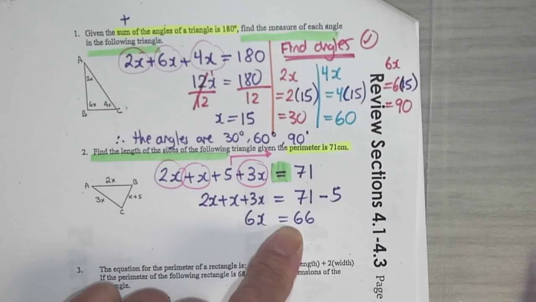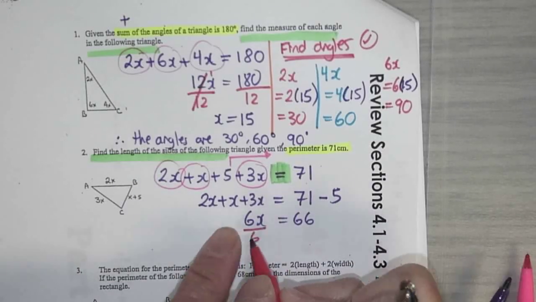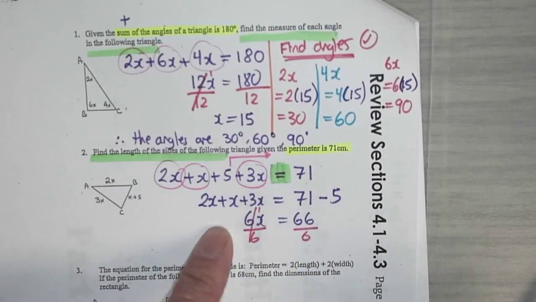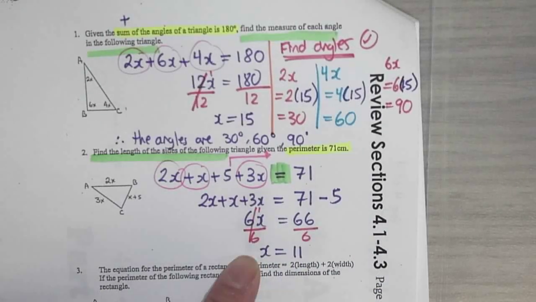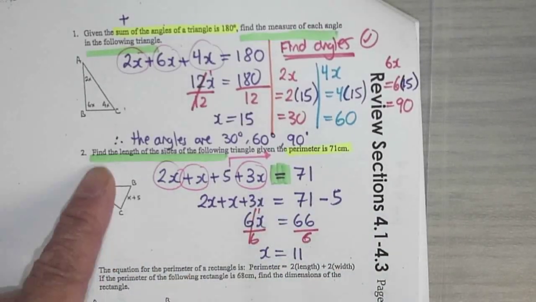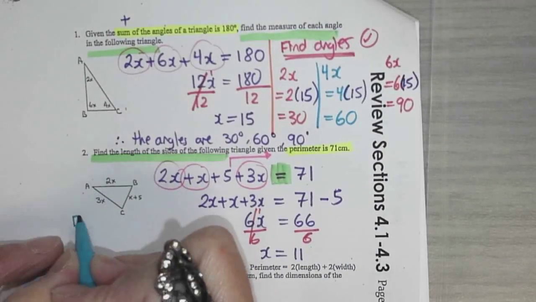Right, 71 minus 5 is 66. And then we're going to divide both sides by whatever's in front of the x to make that a 1x. So it'll be x equals 11. Okay, so that's a 6. Find the length of the sides. I run out of room here, so we're going to find